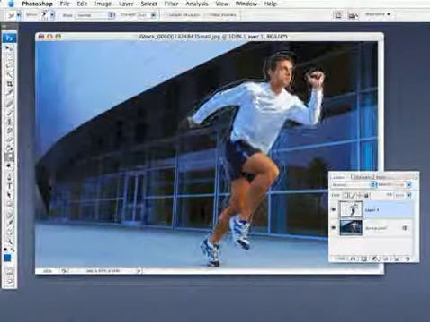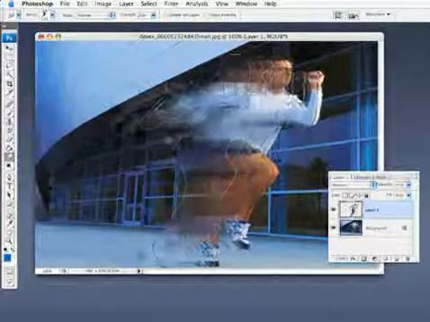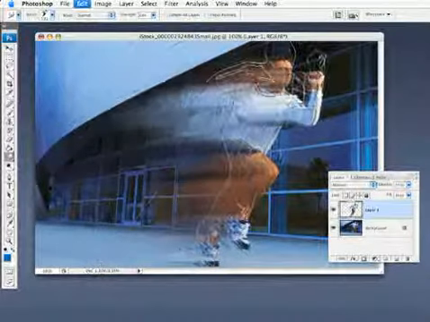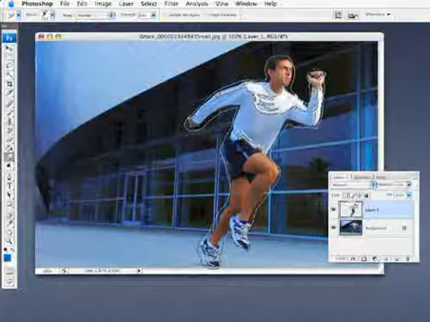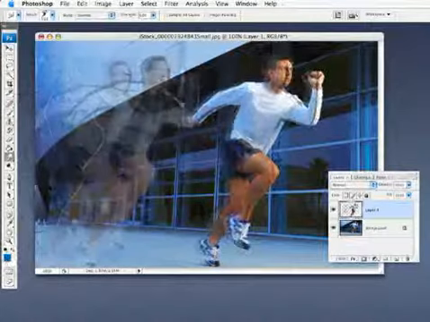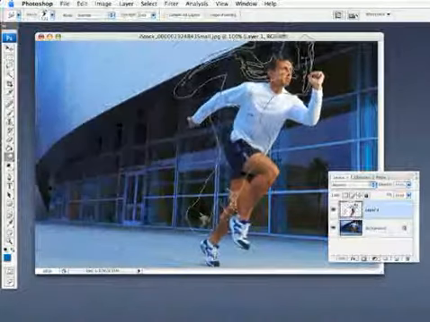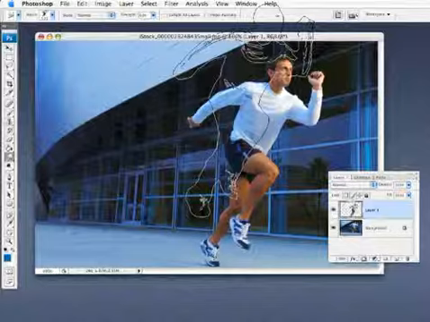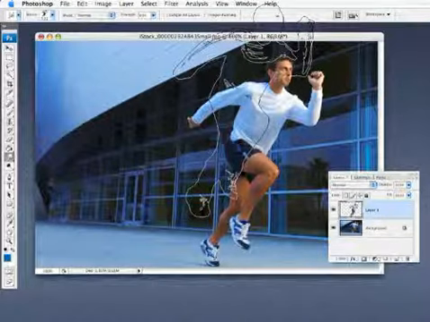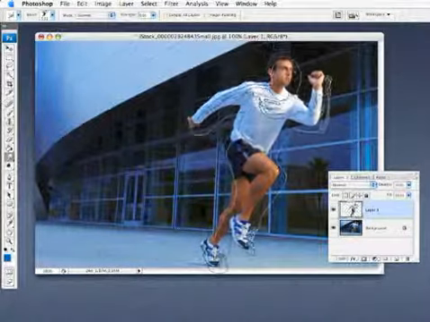Now, here's the thing. As you can see, when I clicked and dragged, it's painting it. Now I'm just dragging it at a very slow pace. If I click and drag really fast, you can see that it's going to give me some spacing in there. So this is where it's going to require maybe several tries before you get what you're actually looking for. So I'm actually going to